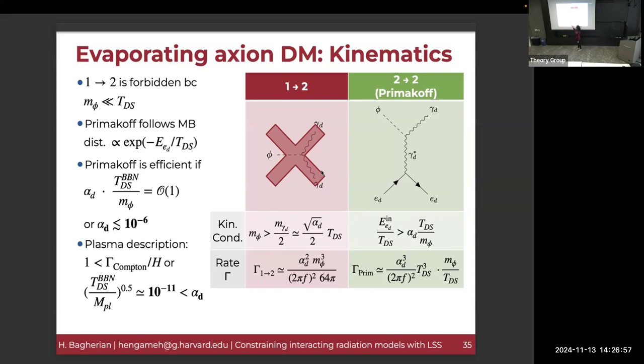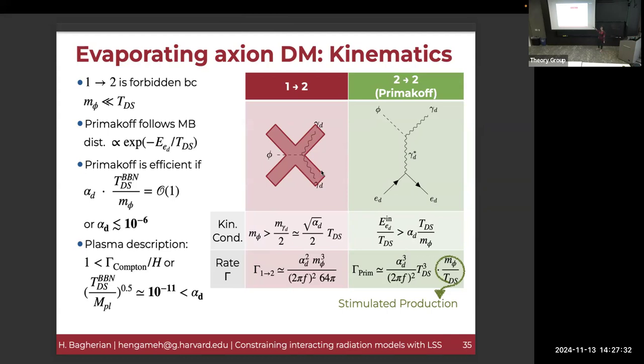And for weak coupling, and I should have probably added it here, we're talking about light axion masses, less than an eV basically, because all of this stuff is happening around the CMB. So as long as you're lighter than the temperature scale around that time, you're fine. So for light axion masses lighter than an eV and weak couplings of the axion to the dark photon, the process that actually dominates is called the Primakoff process. And the rate of this Primakoff process, you might naively think goes like temperature cubed because that's the density of